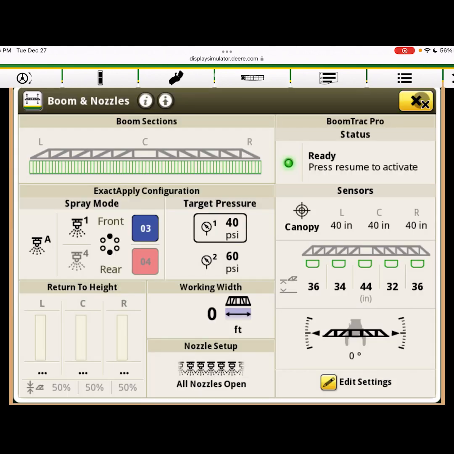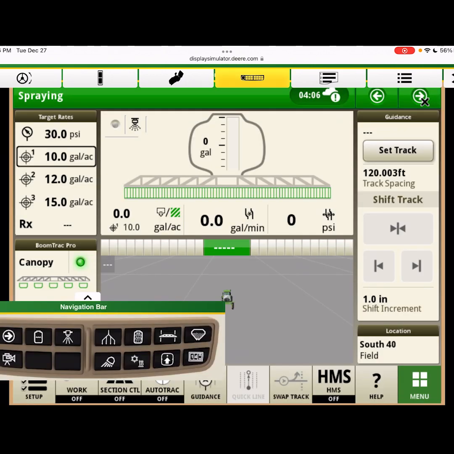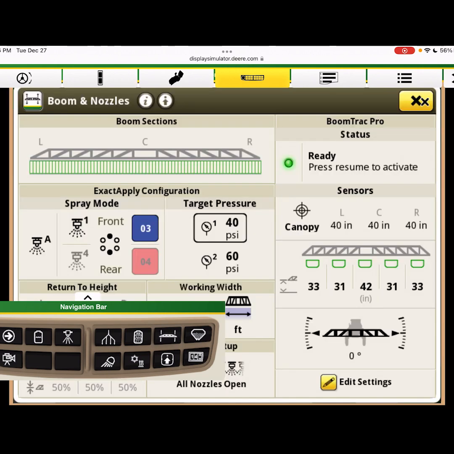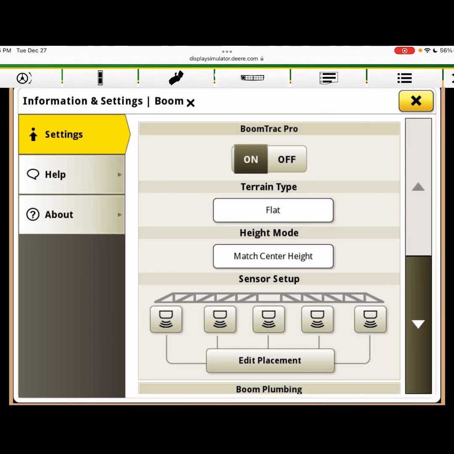So another way is we can access our shortcut bars at the bottom of our screen, and the button here with the arrows pointing up and down on our boom, we select that, and that also gets us into our booms and nozzles. So once we're inside of our booms and nozzles app, at the very top where it says booms and nozzles, we have an eye and an arrow with a dot above it at the very top, right here. So if we click on that arrow with the dot above it, and we scroll down 4 pages,